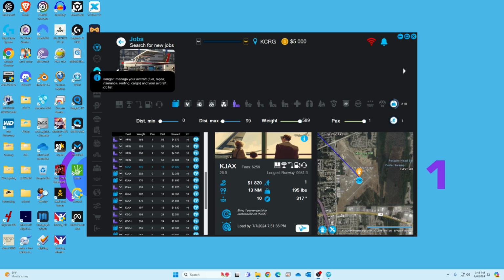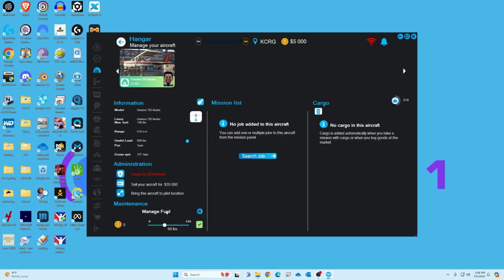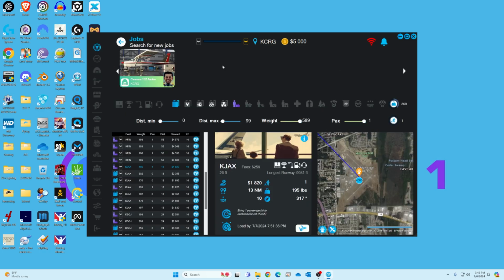So I think what we're going to start off with, we're going to go into our hangar and we're going to drop, currently we have 100 pounds of fuel. We're going to drop this down to 50 because we're not going to do a crazy long flight. I know it's kind of wasting money, but I'd rather get it set. So 369. So if we go back to our jobs here, we're going to load this one,